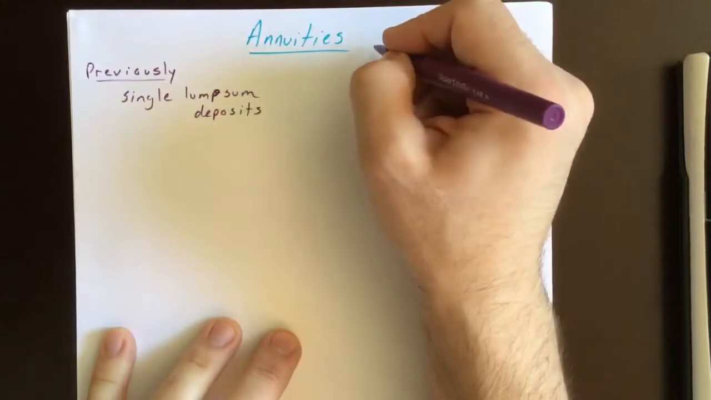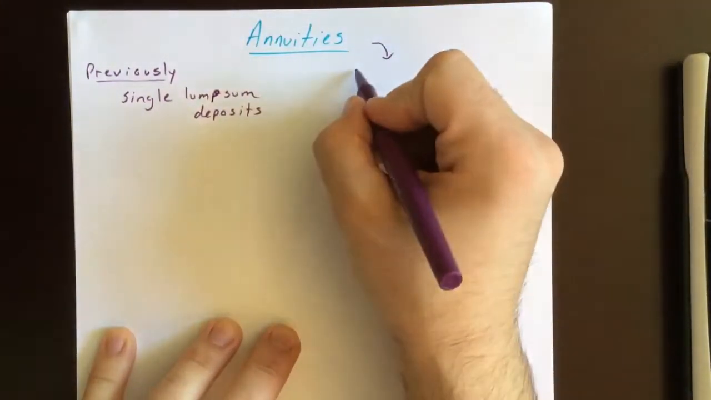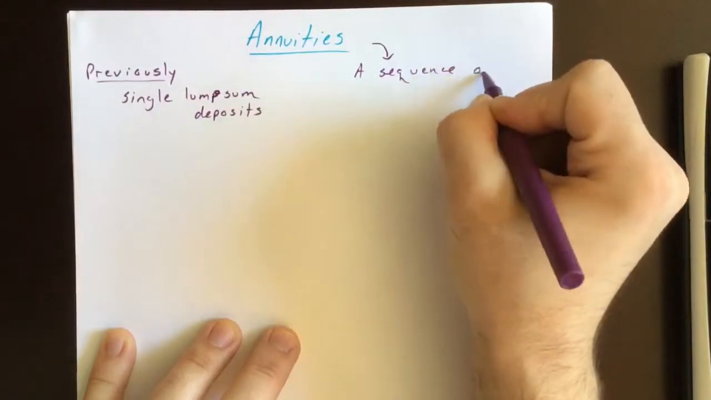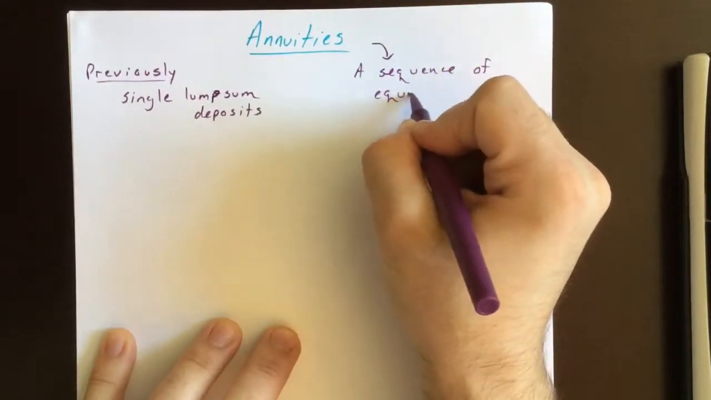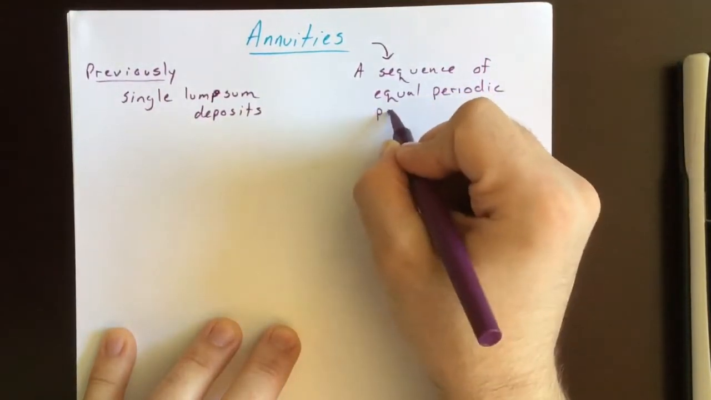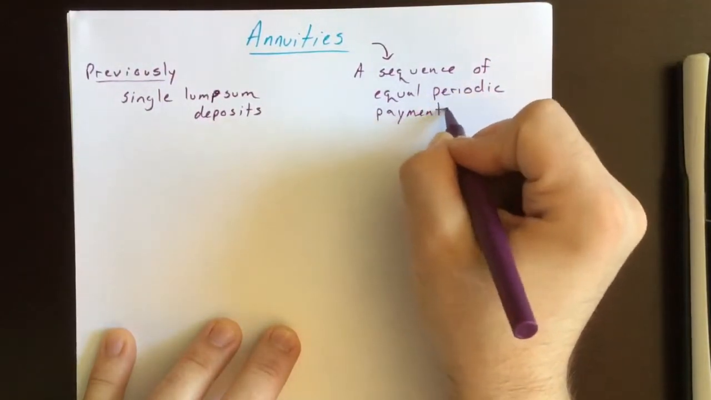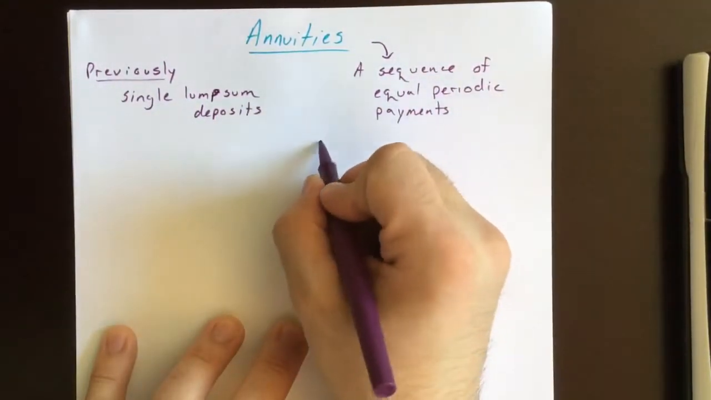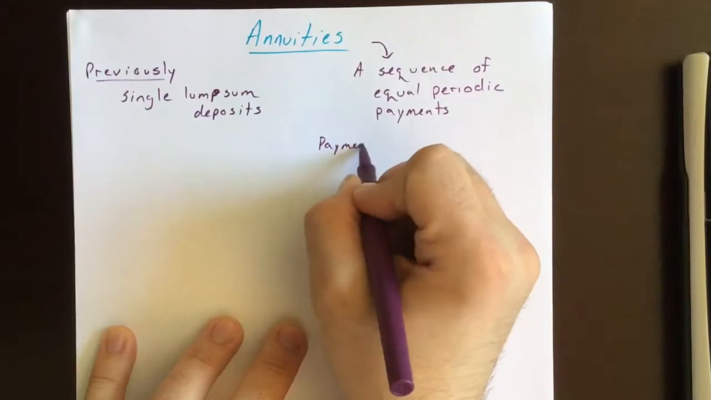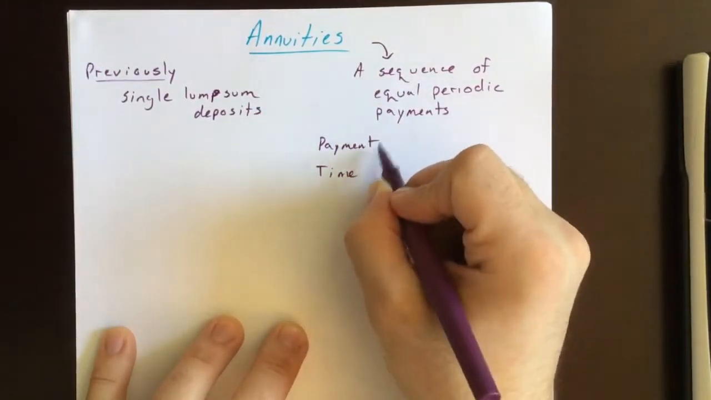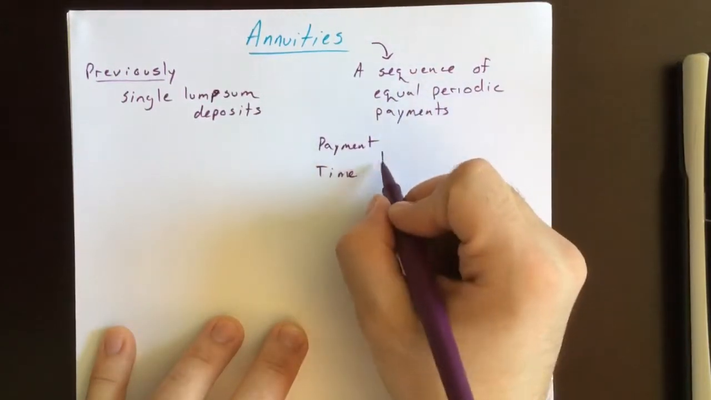And what an annuity is, you are making a sequence of equal periodic payments and gaining interest as you go. So to give you a visual, so what it means to have equal periodic payments is,